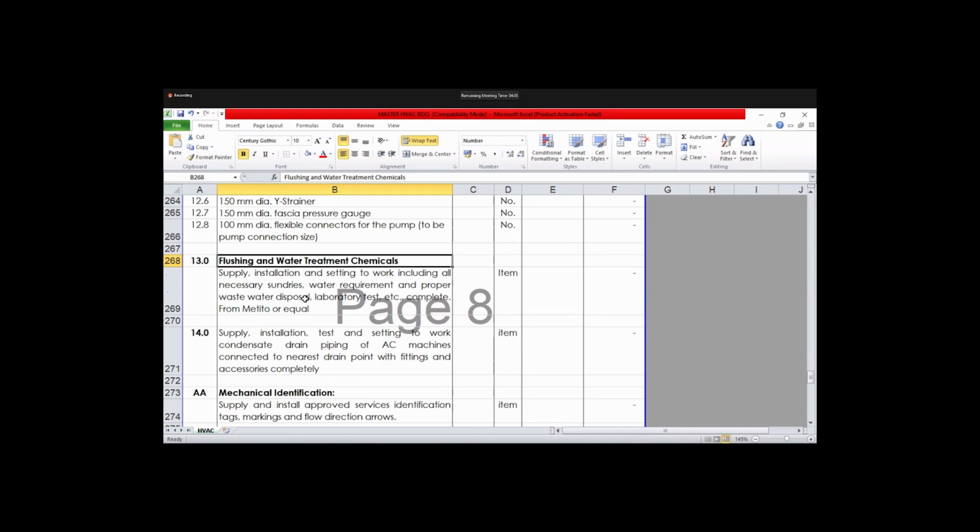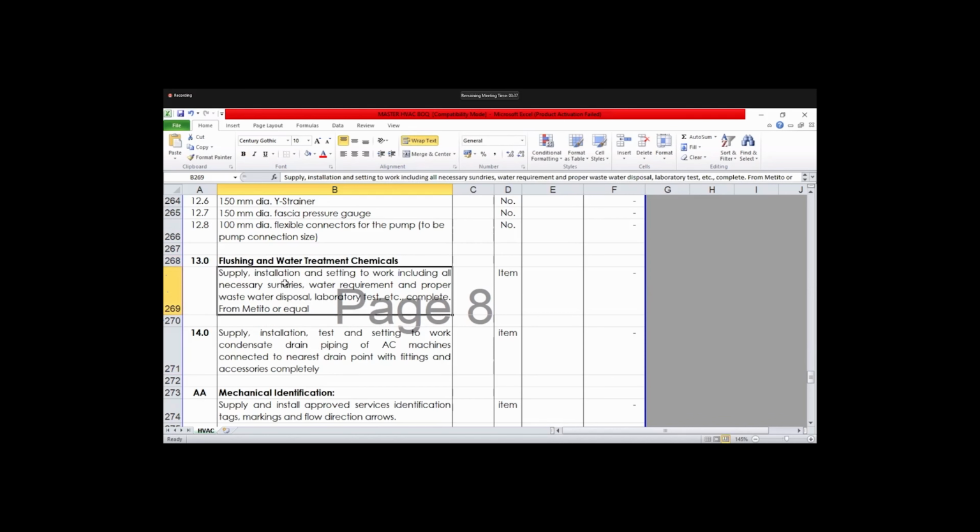So what happens, a lot of dust and dirt will settle inside the pipeline. So we have to flush the total pipe with water, with the pressure of water, okay. So flushing we have to use, and then we have to treat the water also with chemical, okay. So water chemical treatment also has to be done for chilled water piping.